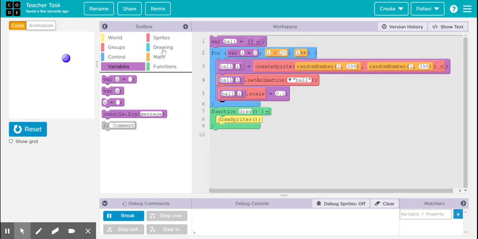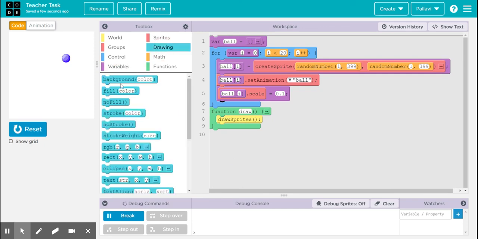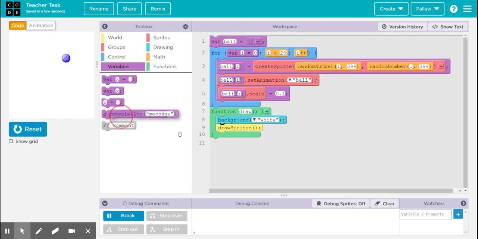And I have used the draw loop again to create multiple sprites against the white background. You can use console.log to understand how this array works. This is not going to impact your output. This is just for your understanding how this variable works. So now console.log for variable ball will show not a single value, but the entire array of 20 items in it.